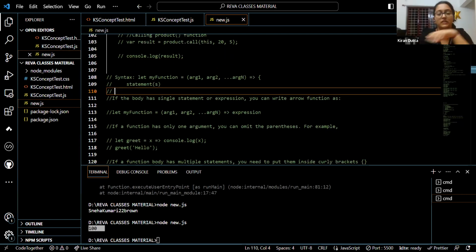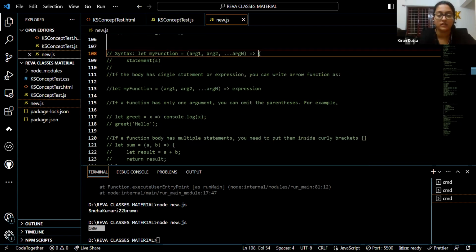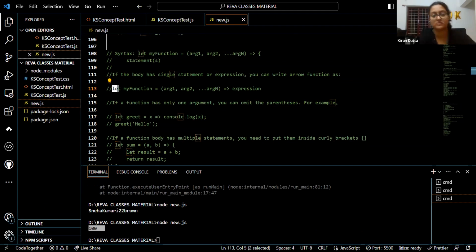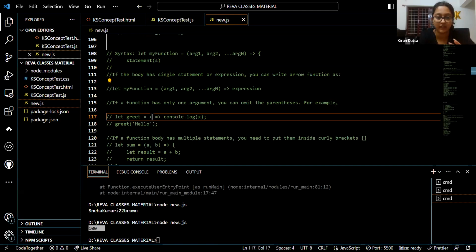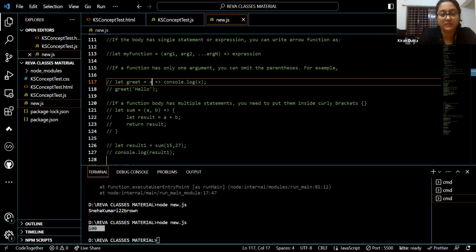You do a let function name, then arguments, then arrow symbol, then there are curly braces, and then the statements. These are the pointers that I've already talked about. If there's a single statement or expression, we can just write the arrow function as let my function, arguments, arrow, and then the expression, because it has a single statement, so it won't mess up the sequence if you're not writing it inside curly braces. If it has one argument, you can omit the parenthesis and just write x or whatever your argument is. If it has multiple statements, you need to put them inside curly brackets, because that is how